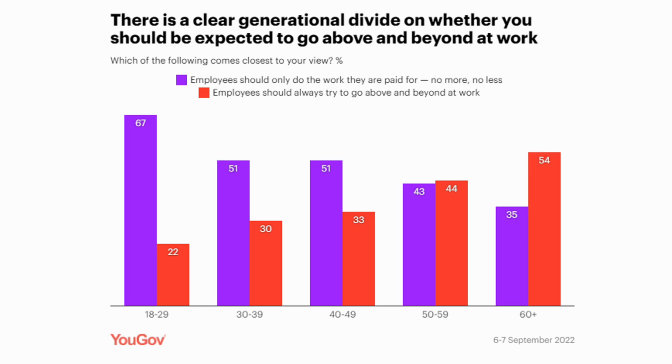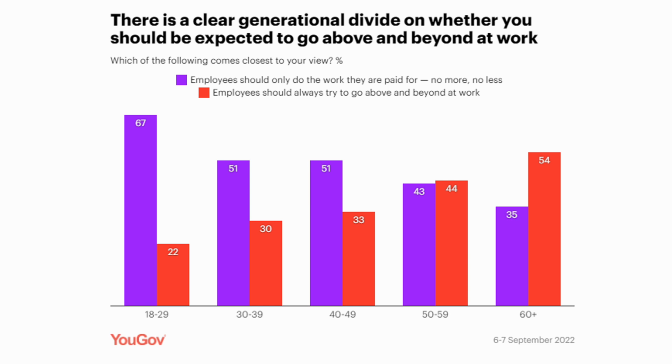I started today's lecture talking a little bit about millennials and employment. I saw this and I had to put it in the lecture. I'm sorry, I had to. So it's called the title. There's a clear generational divide on whether you should be expected to go above and beyond at work. And what you see is, when people are younger, 18 to 29, more people, 67%, tend to agree that employees should only do the work they are paid for, no more, no less. And people 60 or older say, hey, you should go above and beyond at work. And I don't fault